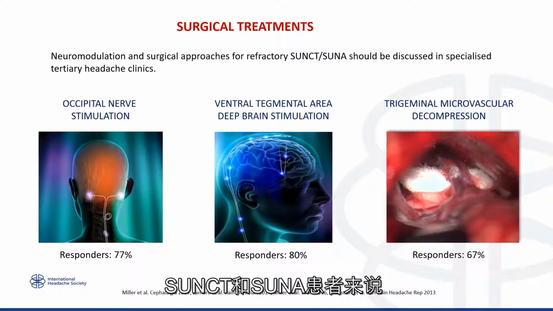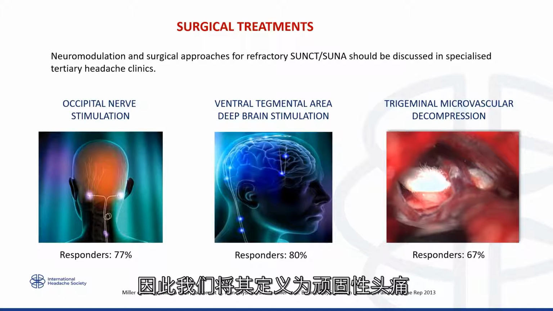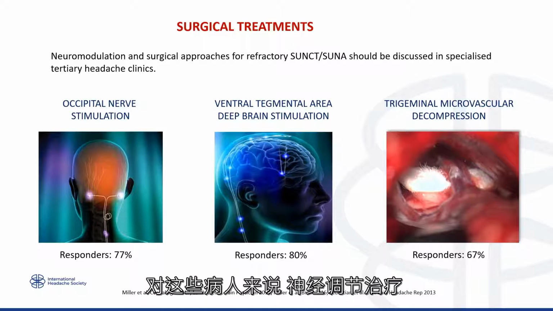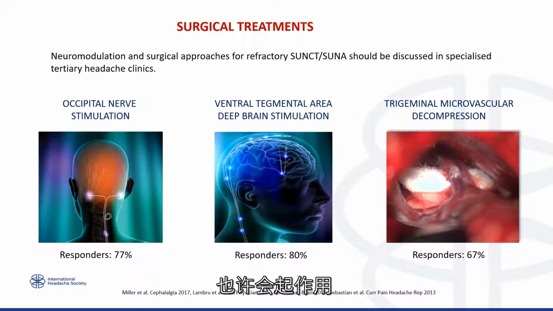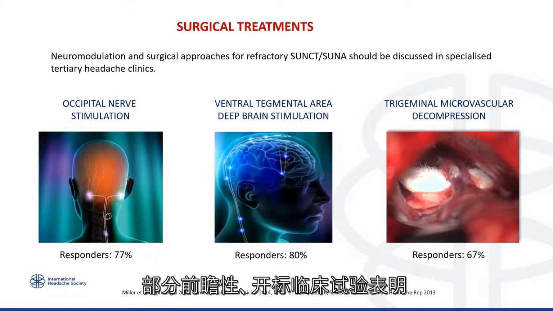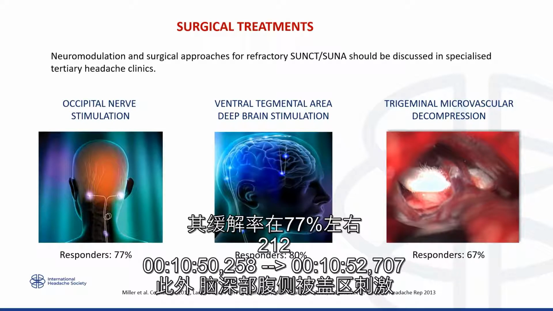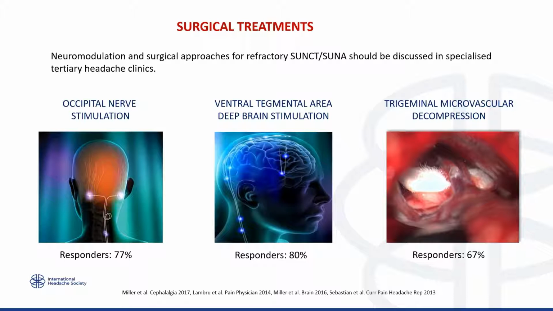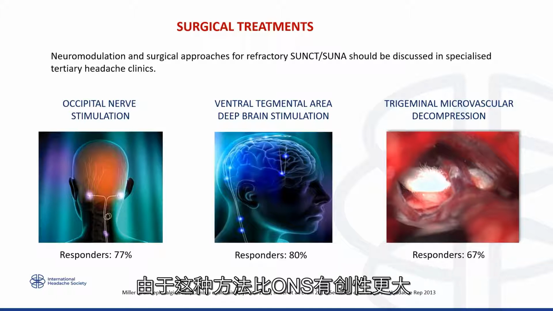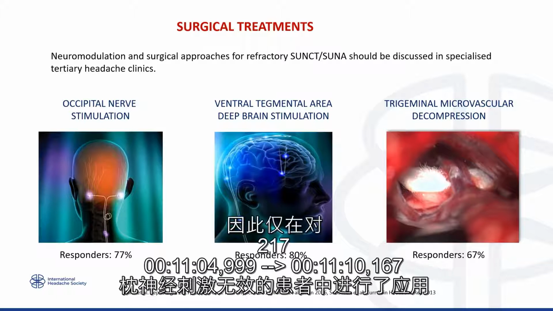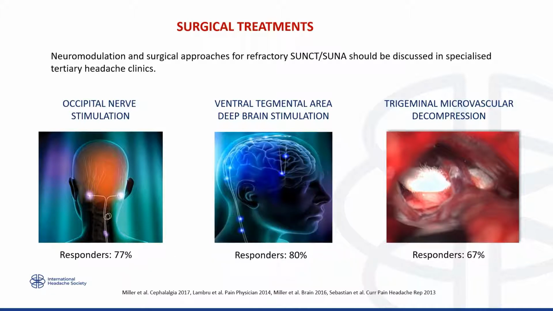Unfortunately, a minority of patients with chronic SUNCT and SUNA fail to respond to the established above-mentioned treatments, and for this reason they are considered refractory. For these patients, neuromodulation approaches could be justified given the high level of disability. Occipital nerve stimulation has been considered the treatment of choice for some years, with a response rate of around 77% in some prospective open-label studies. Ventral tegmental area deep brain stimulation has also been shown to be very effective in about 80% of patients, although this approach is considered more invasive than ONS, hence is normally kept only for patients that are occipital nerve stimulation